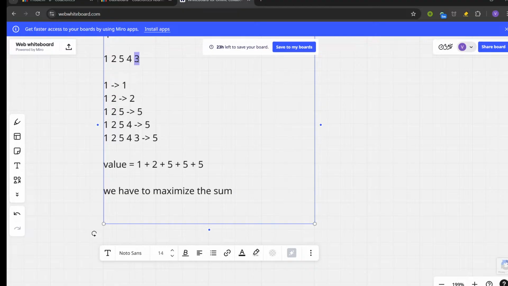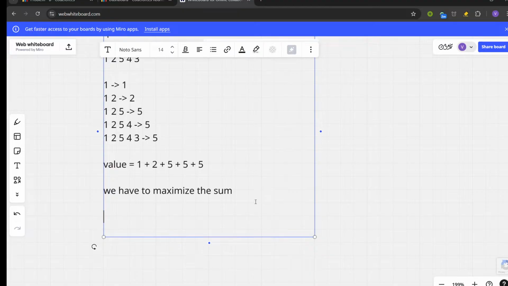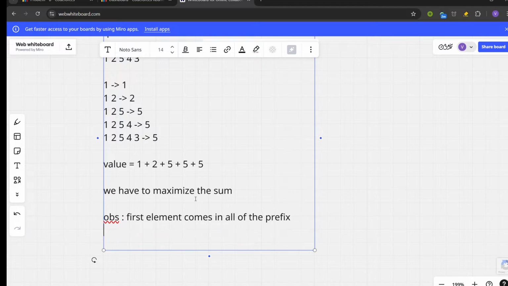So we can do something like: I took this 3 and this one and swapped these two elements. I can do this 5 and this one and swap these two elements. But the observation in this case was that the first element comes in all of the prefix, right? So the first element